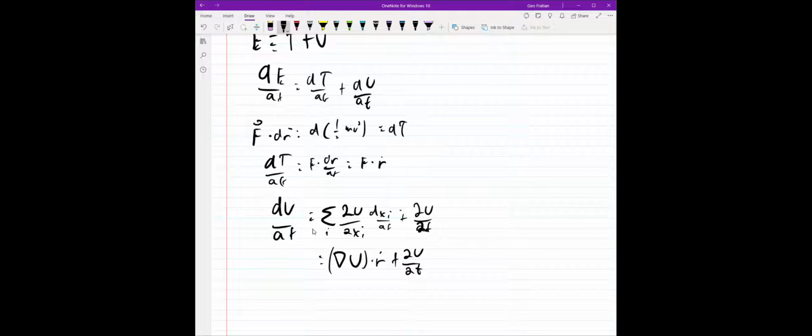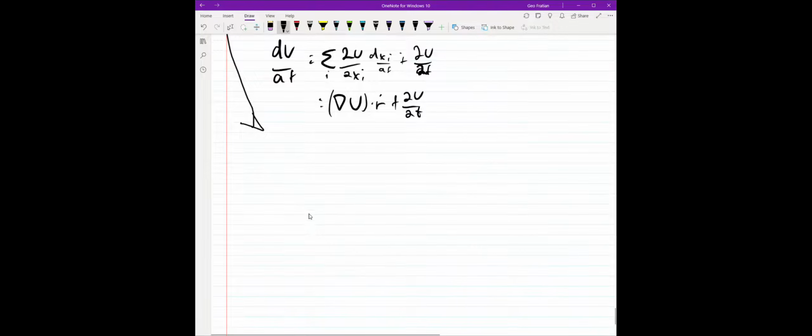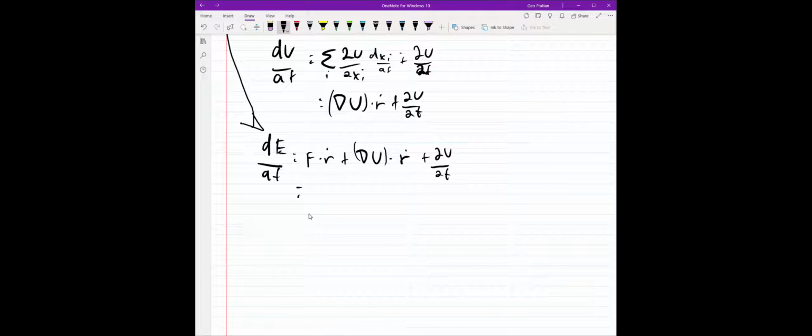These are partials, by the way. Pardon my bad handwriting. So if we go back to dE/dt down here, we have dE/dt equal to F dot r-dot plus gradient of U dotted into r-dot plus our partial of U with respect to t. Because from chapter 1 we know the dot product distributes, so it's F plus gradient of U dotted into r-dot, plus del U del t. Well, that lets us know that